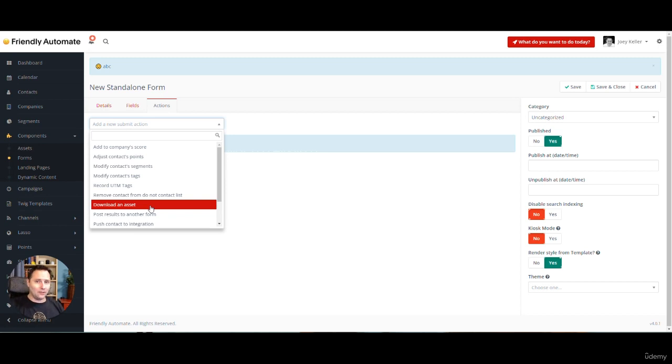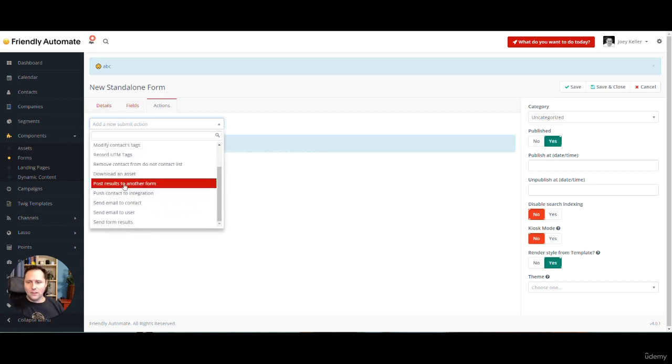You don't need to do anything else. It's pretty awesome. You can post the results to another form. So unless you know what posting a form is, don't use this. But if you know, then I don't have to explain to you. This is pretty cool. So you capture the data here and post it in another form, maybe in another format